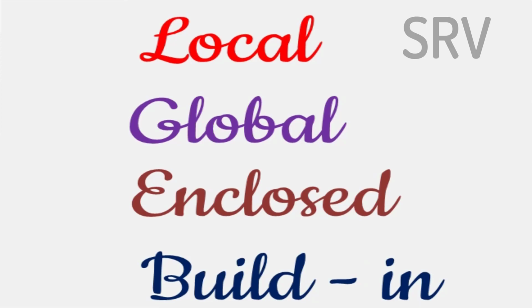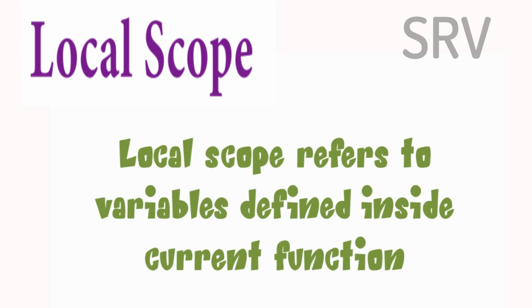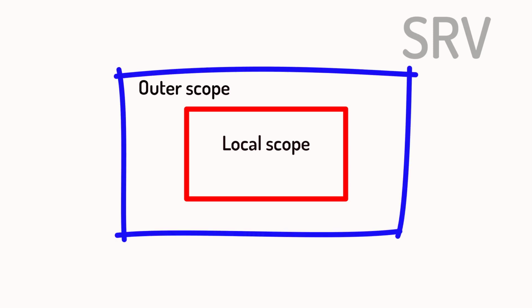The first is local scope. As the name says, local. It refers to a variable defined inside the current function. So whenever we use a variable inside a function, it comes under local scope. First, the controller or the compiler checks whether the variable is defined inside the local scope or not. If it is found, then the variable inside the function is used, or else it checks in the outer scope whether that variable is defined outside the function or not. To understand this, we'll see an example.